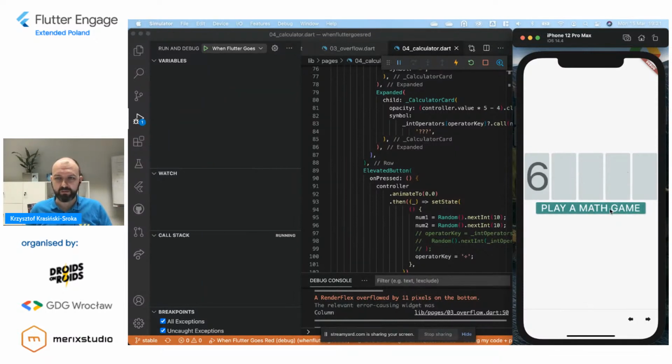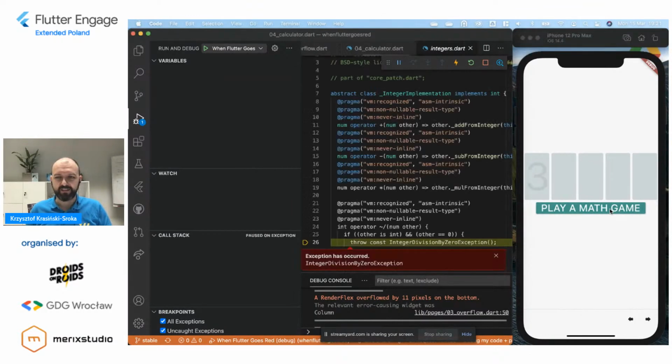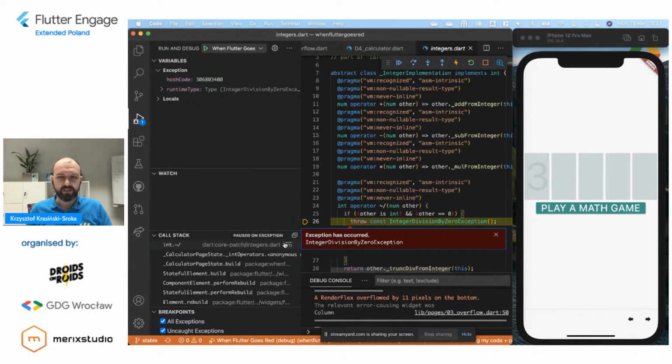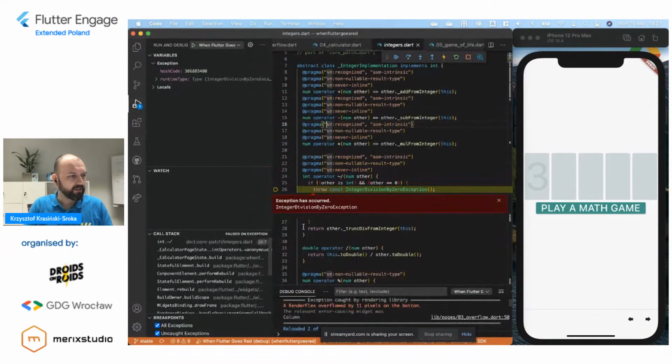Maybe next time I'll just do 1, 2, 3. Yes, great. Now, this is a much more interesting thing. Because now we found where the exception actually occurs. And this view lets us actually investigate step by step what happened here. So as you can see, we don't have any red screen yet.